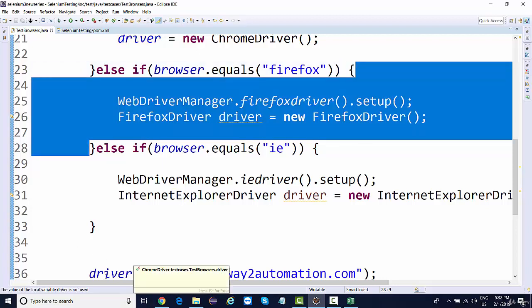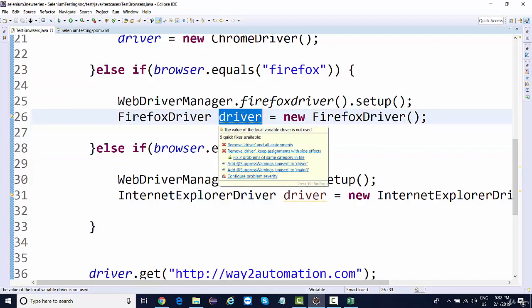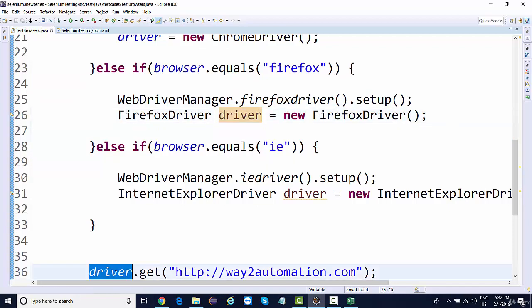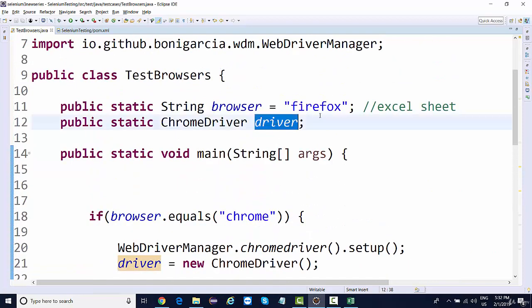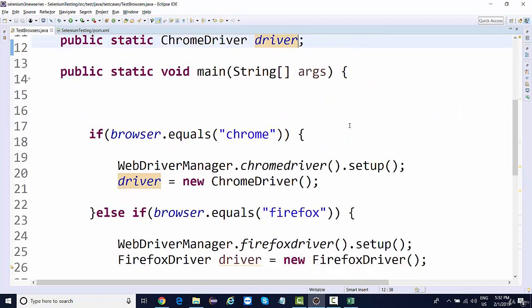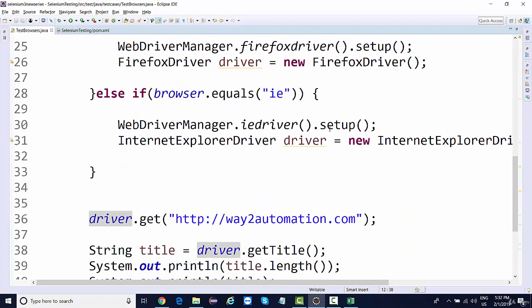This is not the driver reference which is initialized over here. This is the driver reference which is coming from here, and this is not yet initialized, right? This driver is still null. You can even write it like this. Even if you don't write, it means this is null. So what it is doing, it is trying to access the null driver.